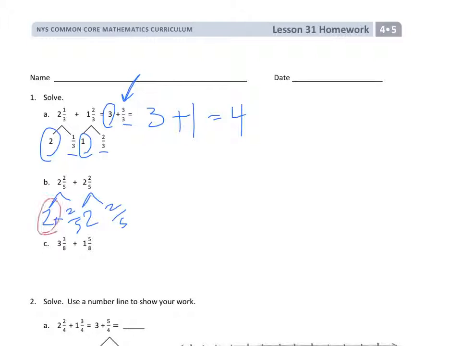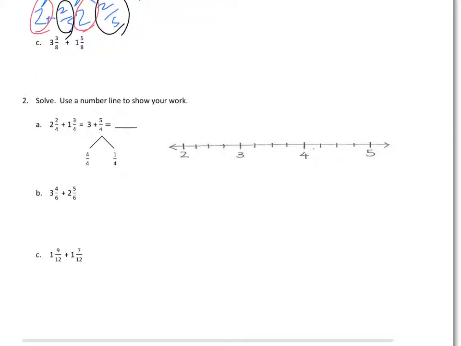So here thinking about what those two whole numbers add up to be, and then what the two fractions add up to be. And in this case, because it's plus 4/5, we would just keep it as 4 and 4/5. There's no exchange. Okay? For this one, the kids are doing the same set of work, except they're breaking the